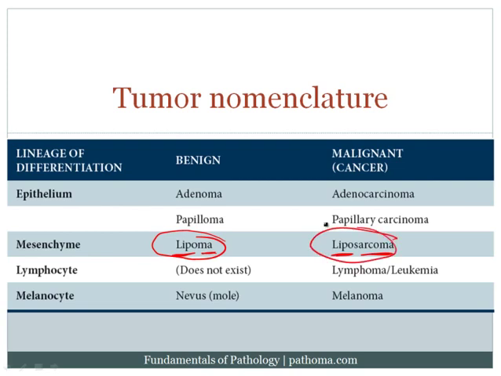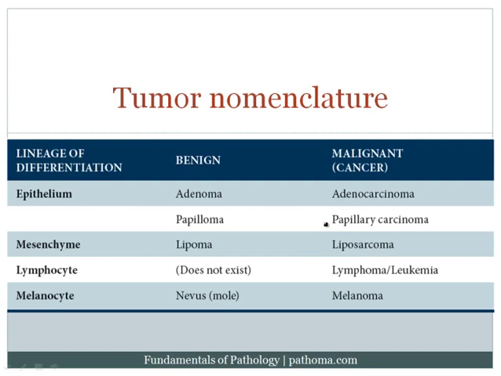And you can play this game with all types of mesenchyme. For example, osteoma, benign tumor of bone. Osteosarcoma, malignant tumor of bone. Chondroma, benign tumor of cartilage. Chondrosarcoma, malignant tumor of cartilage. Angioma, benign tumor of blood vessels. Angiosarcoma, malignant tumor of blood vessels, etc. Okay,